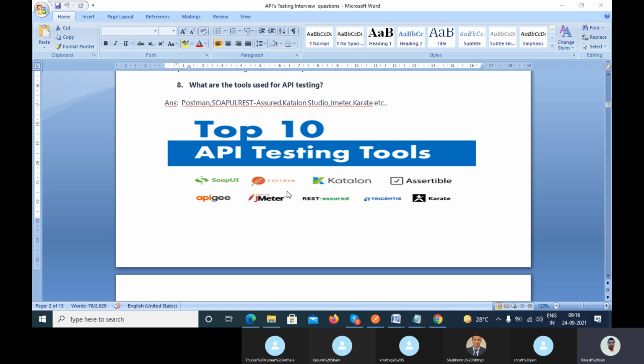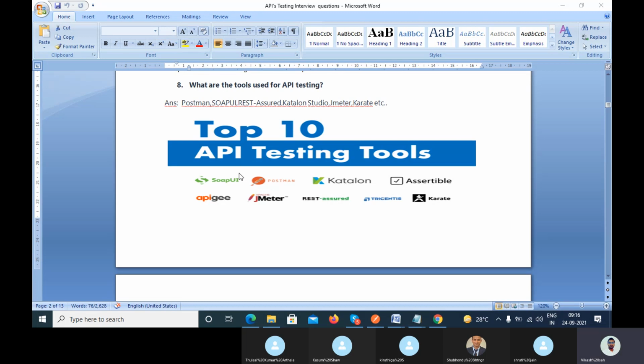So very few people. If there are 10 companies, then 8 companies will use Postman, right? And if there are 10 companies, then 6 companies will use REST Assured, like the ratio we have in the market.